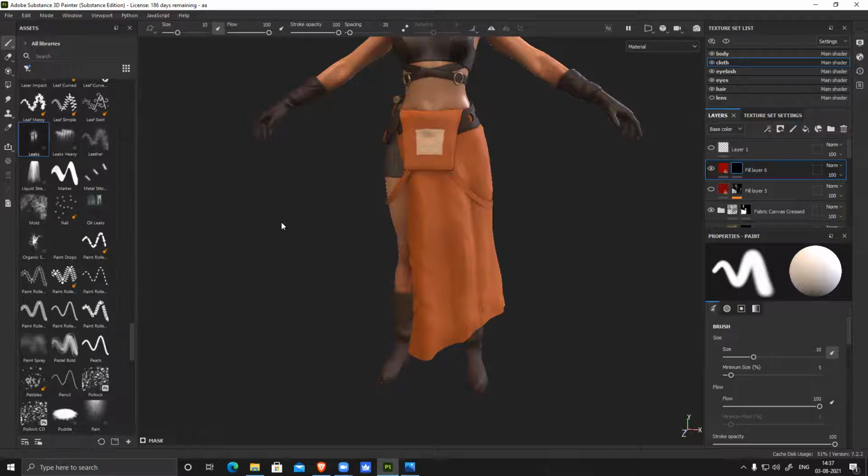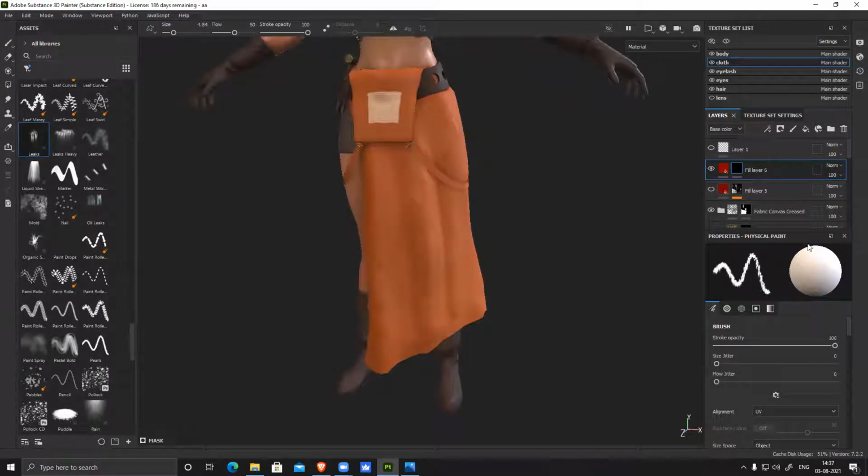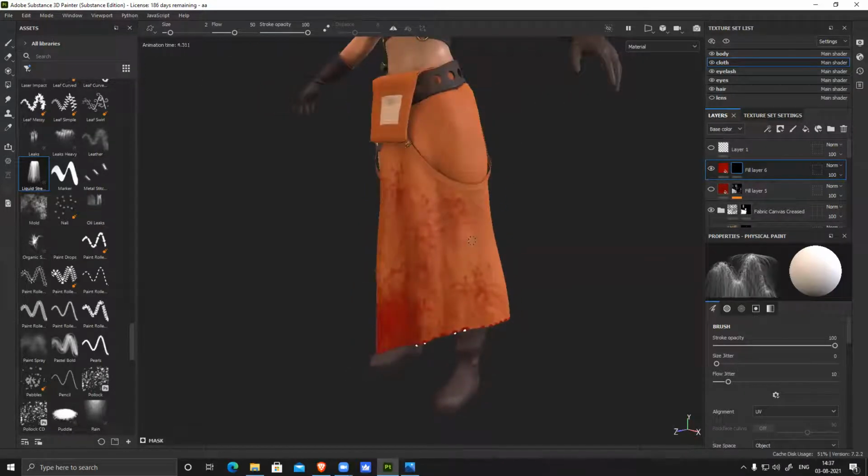So what I did is I took this brush, white, and this is like a small, this is like a heavy leak, and then we have liquid. They're like generators. Just click and it will generate automatically. You can see it will generate and create this shape. But you can see it's creating this unnatural shape, like a sprinkle or a fountain kind of thing.